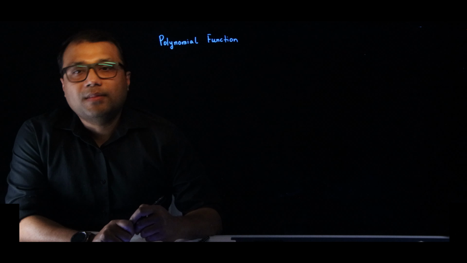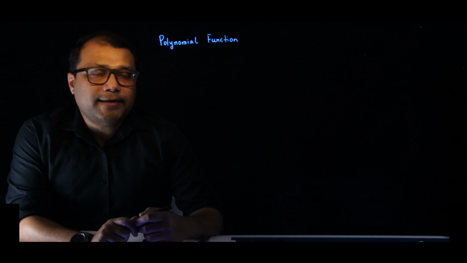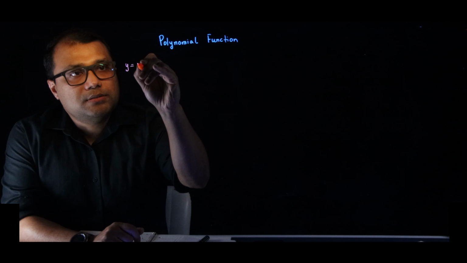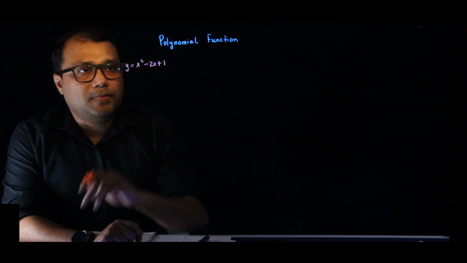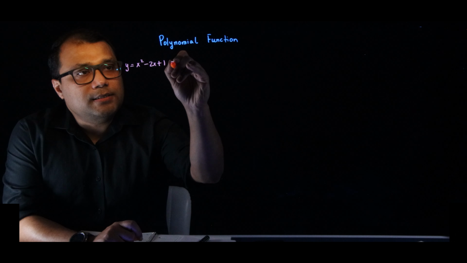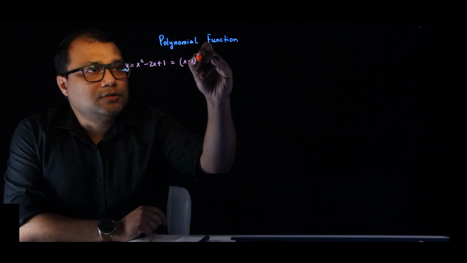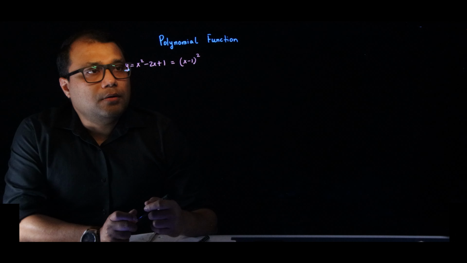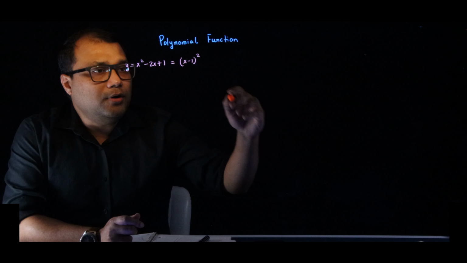Now a polynomial with degree 2 is called a quadratic equation. Let's take one example. y equals x squared minus 2x plus 1. Just for simplicity, if we factorize this, it becomes (x minus 1) squared. Now, how would this graph look? If we plot this graph,